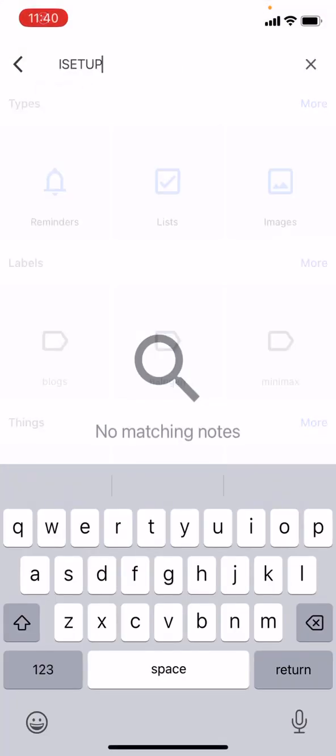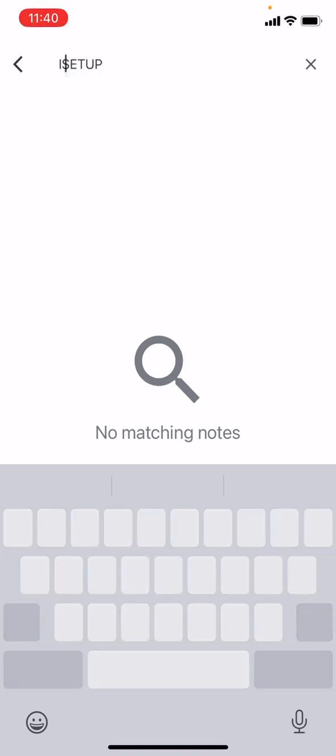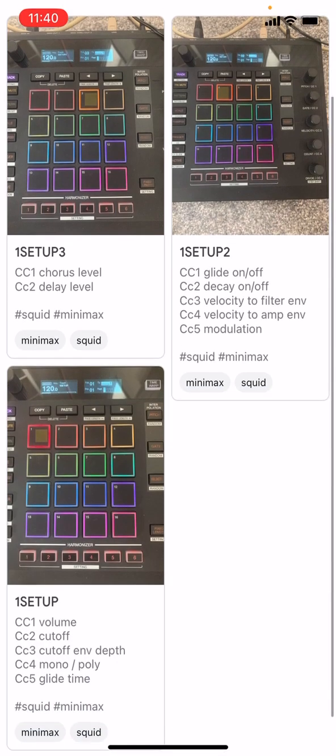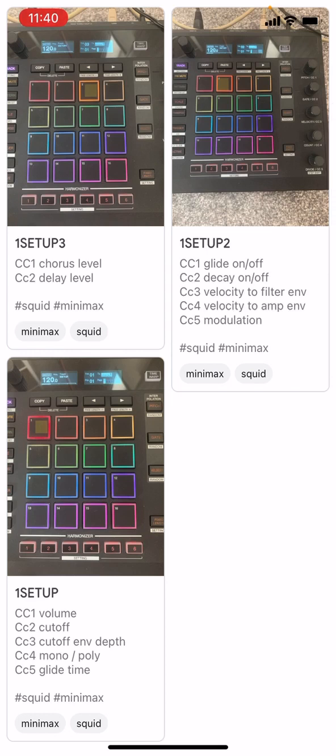Go to Keep. Oh, it thinks it's high setup. Right. Let's assume you don't use characters that it doesn't detect. Right. So I can go 1 setup, and I can see here that this track has got volume cut off, and so on, and that's handy. So if I was to go to track 2, go back to my camera,